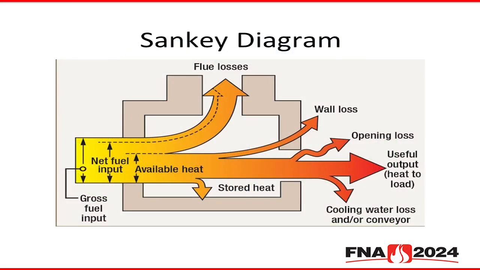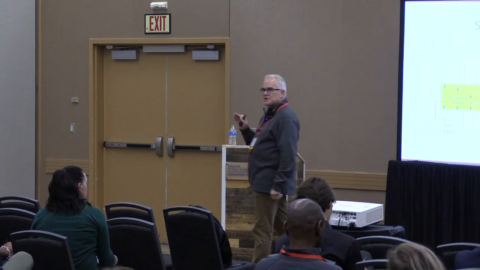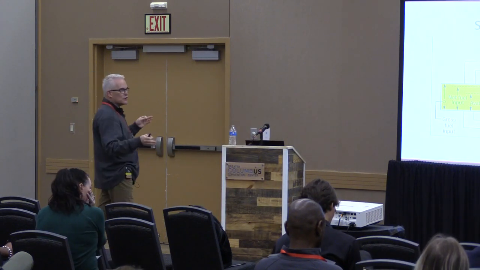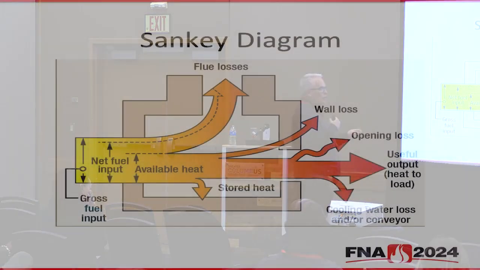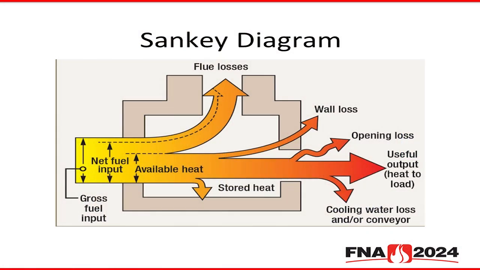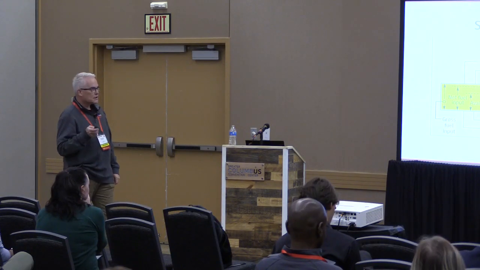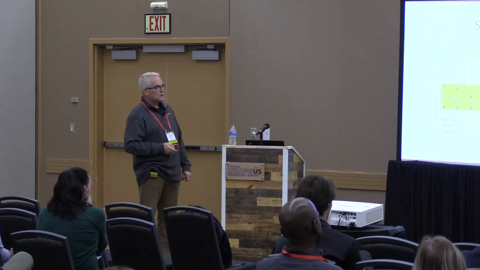Got to have a Sankey diagram. Can't be talking about furnaces and heat transfer and all that kind of stuff without a Sankey diagram. And so we've got one. The bottom line in what we're talking about, though, is out here: heat to the load. Regardless of how efficient your burners are running, you're still going to lose some heat through the wall. You've still got flues. There are various places where you lose the heat. But what we're talking about is, if I'm buying this much, I want to be sure that I get as big a percentage of that actually to the metal. And combustion is something you have a little bit of control over. And so that's what we're talking about. Better combustion, more heat to the load, more opportunity to make a profit.